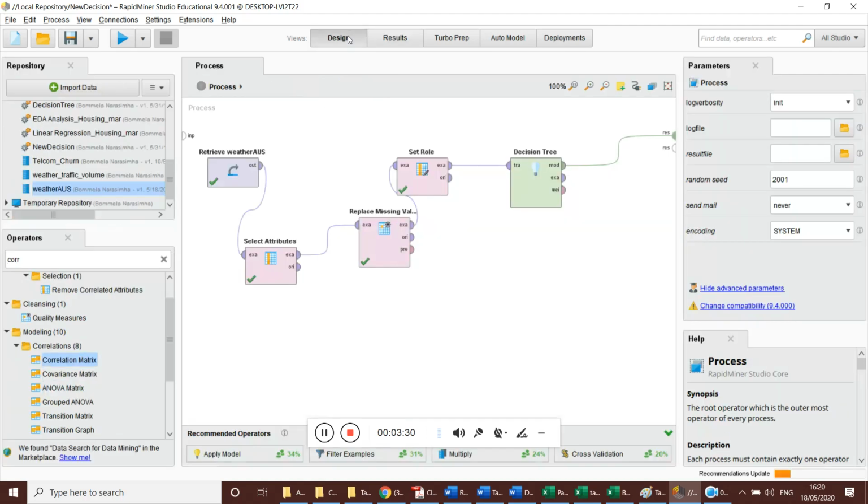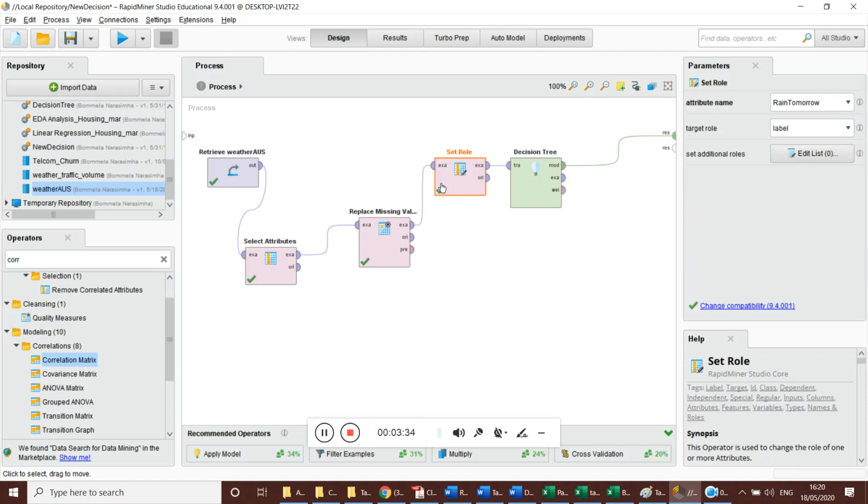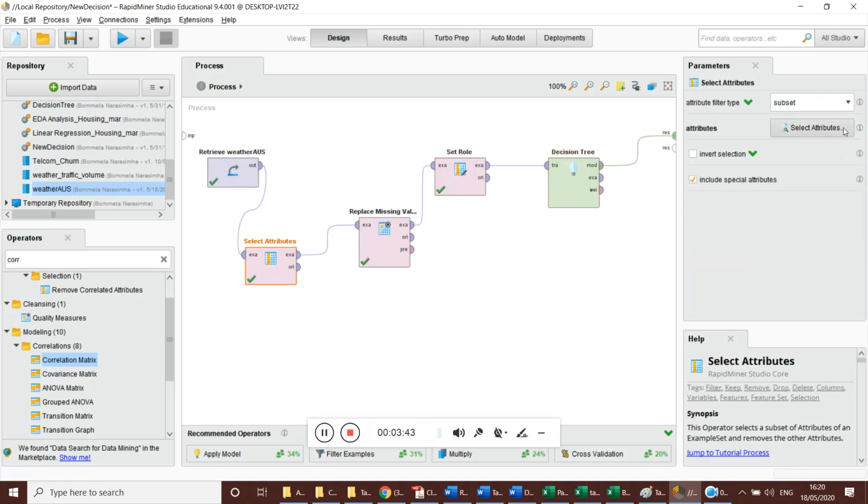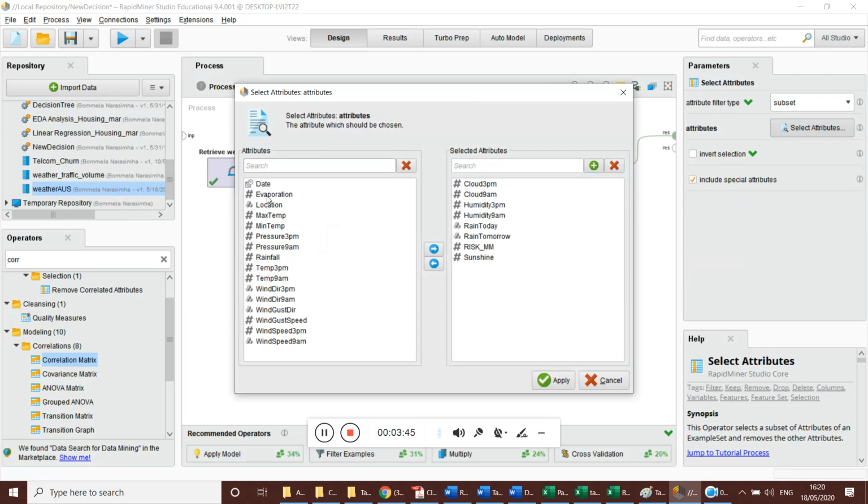Let me show you the process design, how we create these decision trees. We don't need much information. We simply use our data set, and from the data set we select some of the values. The hash mark values are what we call numerical values.